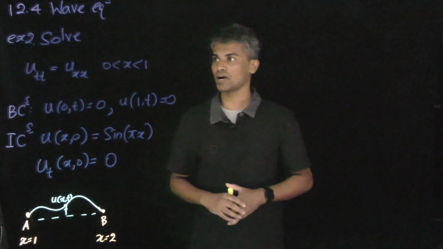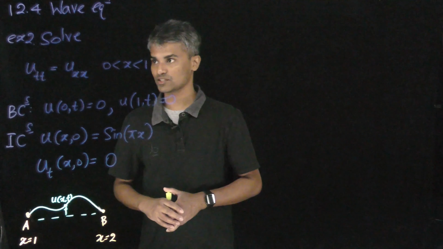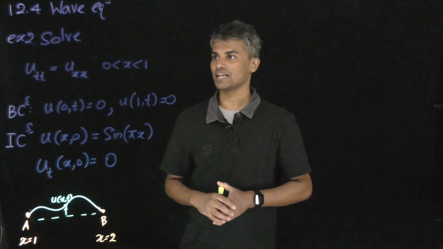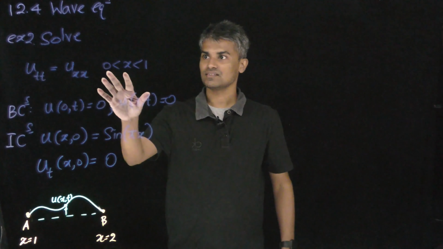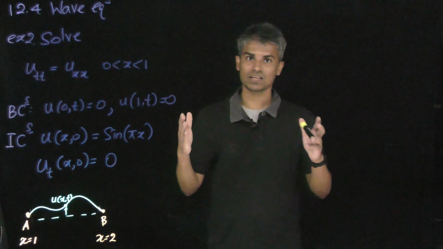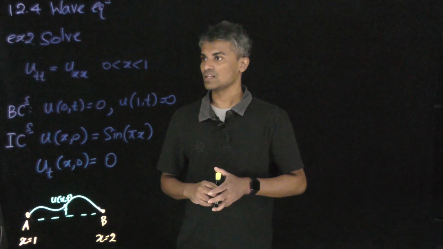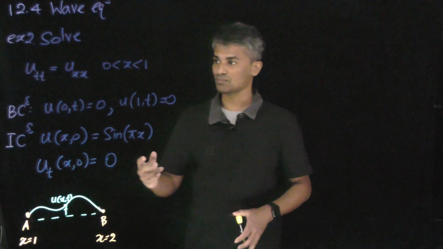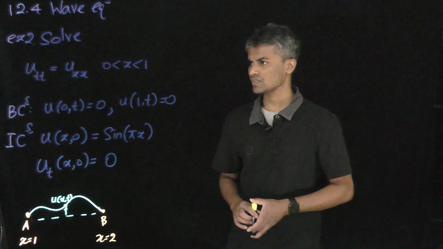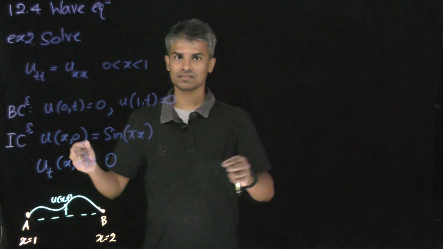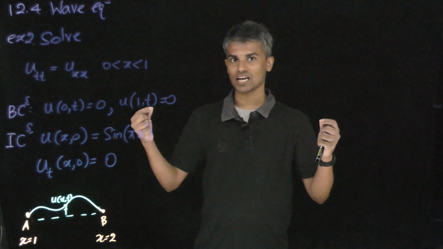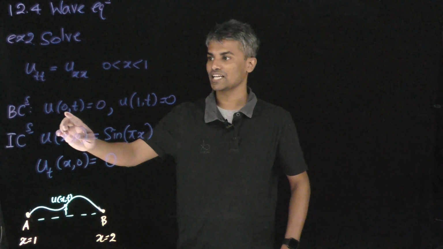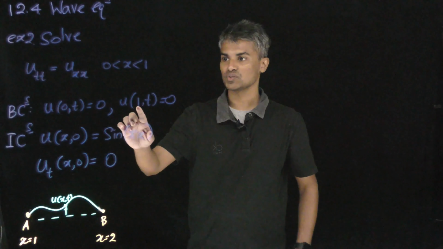So basically we have partial squared u over partial t squared equals 1 times partial squared u over partial x squared, and my domain goes from 0 to 1. So that is the length of the interval, and in order to solve this wave equation, we have two boundary conditions and two initial conditions. So basically the boundary condition says we have fixed our endpoints. So that is why the unknown u equals 0 at the left endpoint and the unknown u equals 0 at the right endpoint.